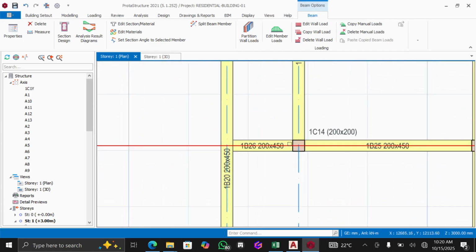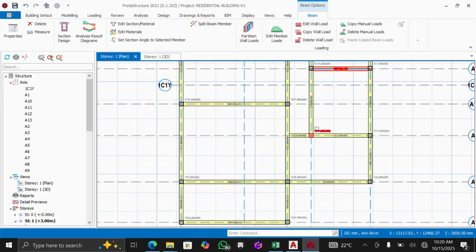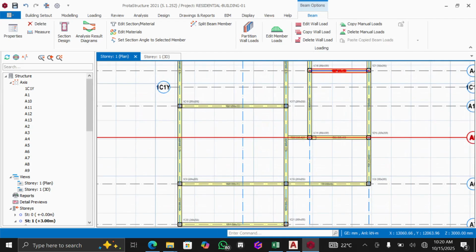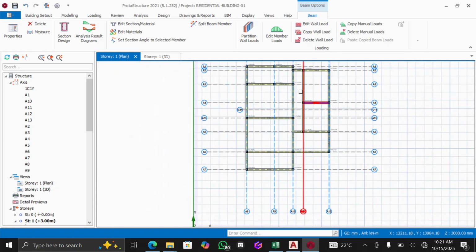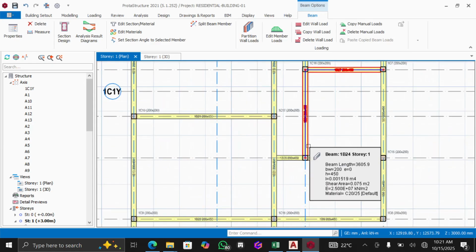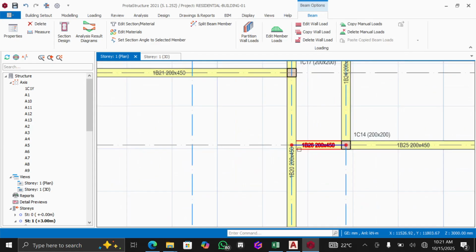Good. You can see that this column here, actually, I don't want it at this position. Where I want this column, okay, I want a column at this point here. You can see this end here. I need a column at that point. I'm just going to come here to